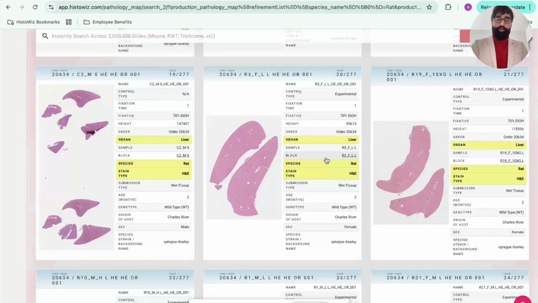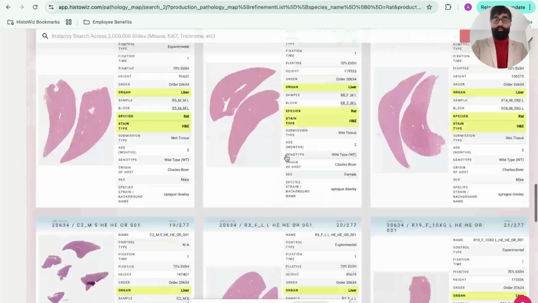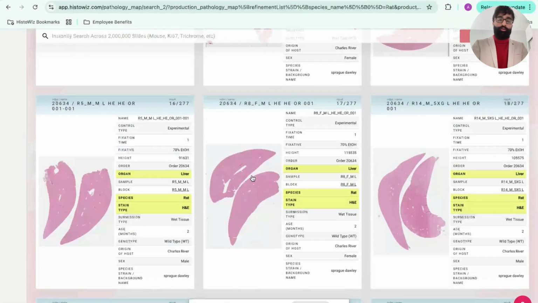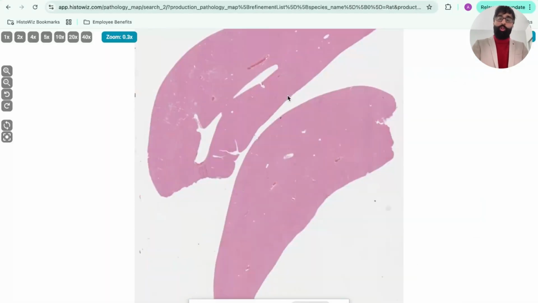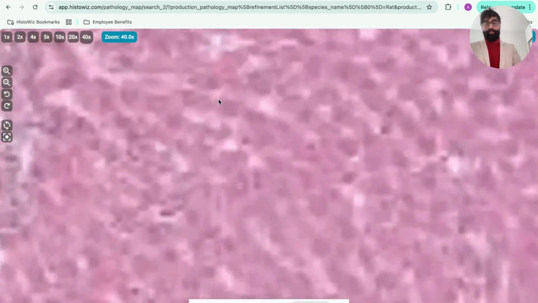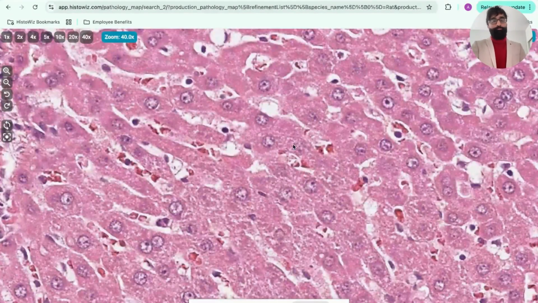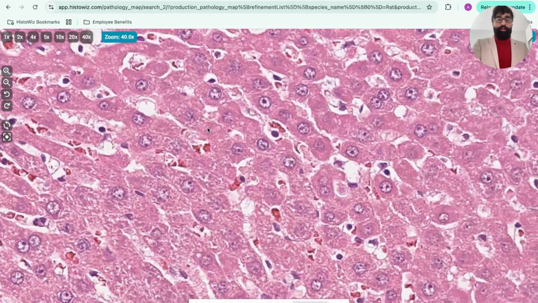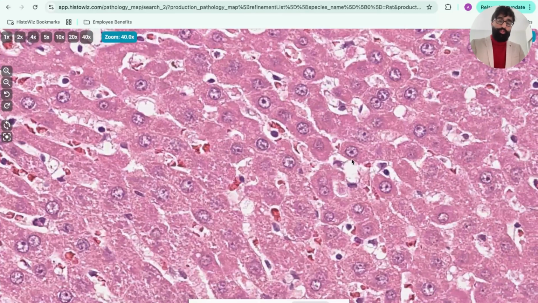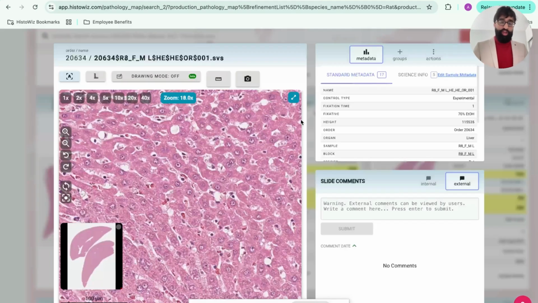And again, say you click on a particular liver rat sample, you can click on the slide viewer here, and you can quickly zoom in, all the way to a 40x resolution very rapidly, and look for any anomalies, or it could be pathology consultation that you might be interested in. So the takeaway here is that the experience on PathologyMap is quite fast when you're trying to zoom in, zoom out, and pan across these giant file-sized images.